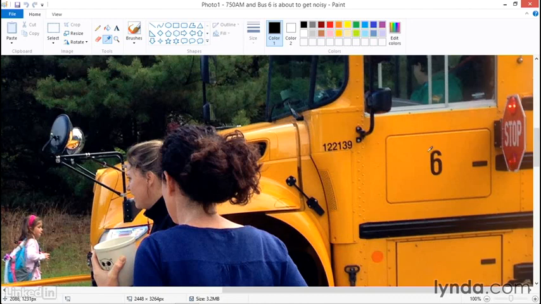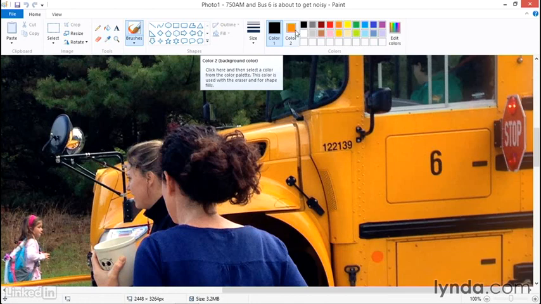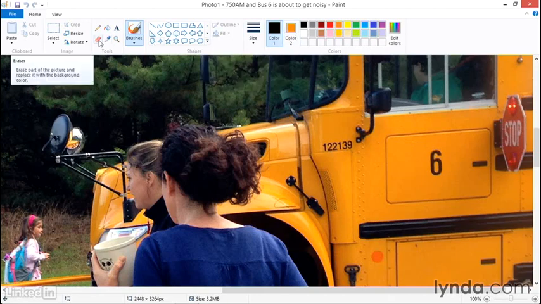Because I need to select the background color, I'm going to use my right mouse button and click. You'll notice that as soon as I did that, color number 2 has changed to this orange color. The color picker has picked up the color that I sampled and has placed it as the background color. Now I can choose my eraser tool. I'll click the eraser, and it's a simple matter now of clicking and dragging with my mouse to actually erase